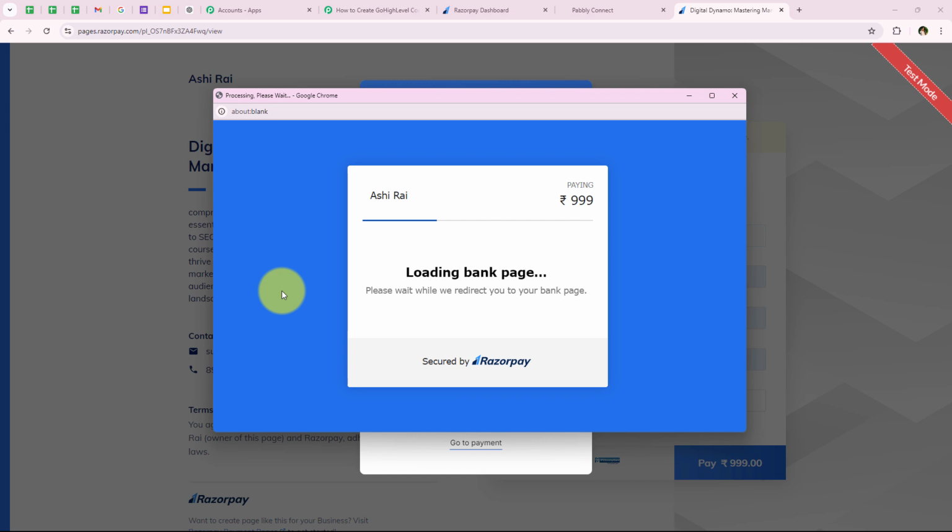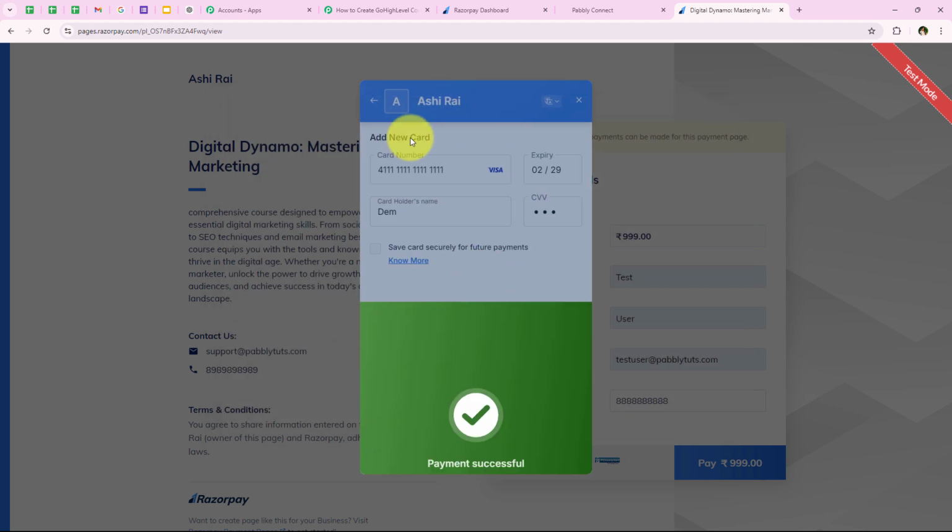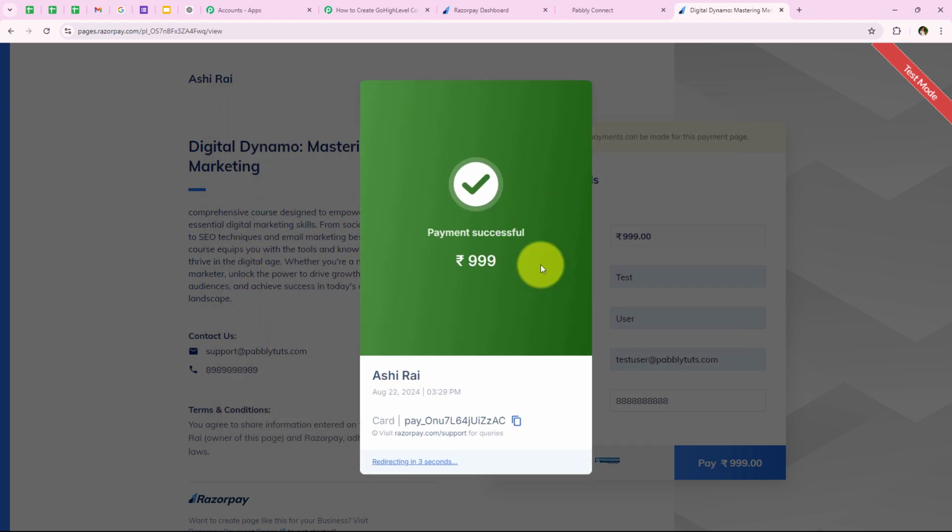And as soon as we click on pay now, you know that it is going to ask me for the OTP. So I'm going to enter the OTP right over here, and then we are going to click on submit. And as soon as we click on submit, you can see that it is saying payment successful. So yes, we have successfully completed this payment, and this means that we have successfully done the test